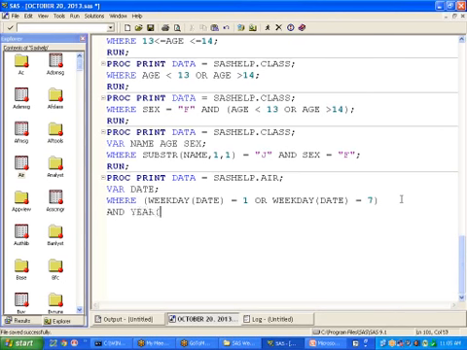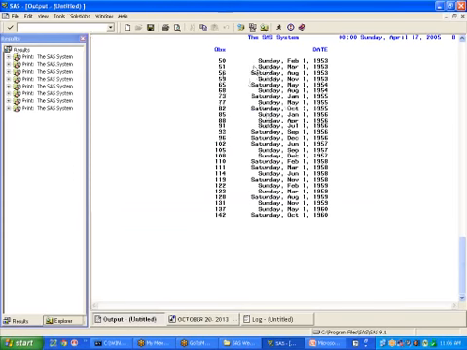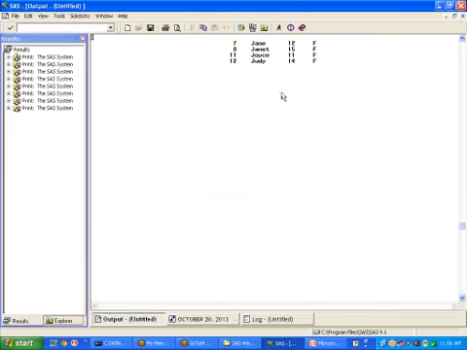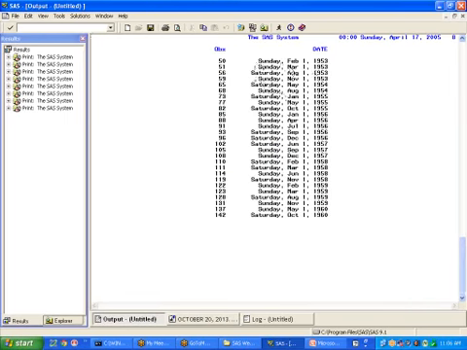Now this format gives me the day of the week along with the date. So here I can see that it displays to me all the weekends, Saturdays or Sundays, which are after 1953. So if you look at this, I get all the Saturdays and Sundays which are after 1952. So through this kind of procs, we can display any kind of